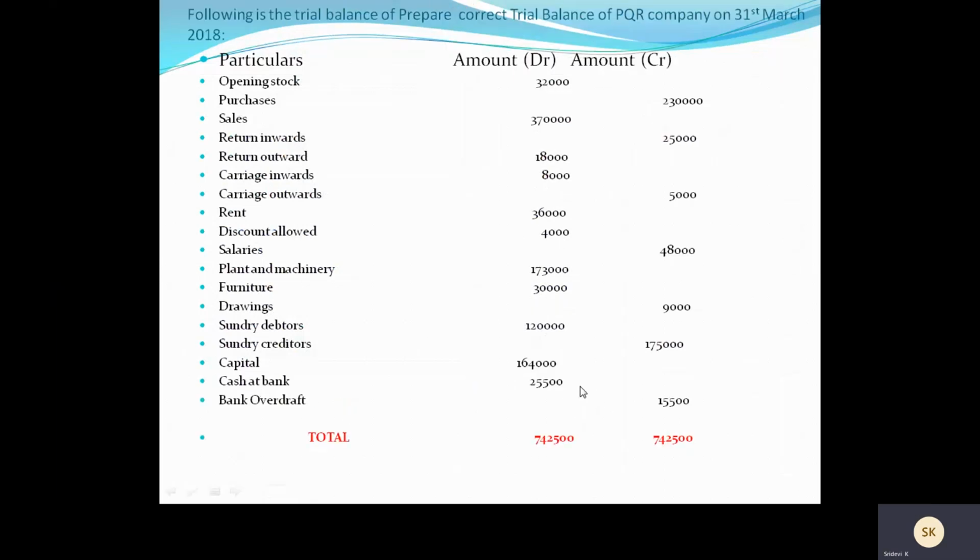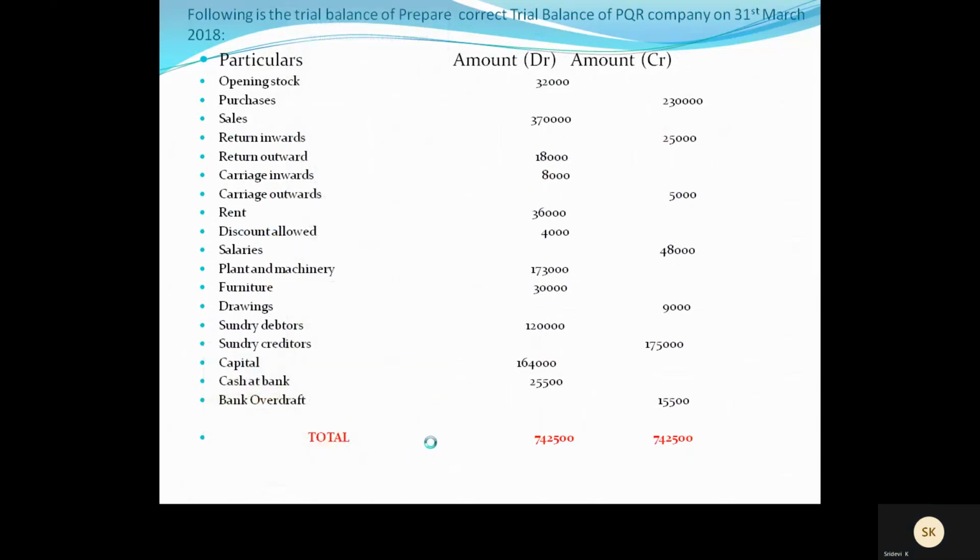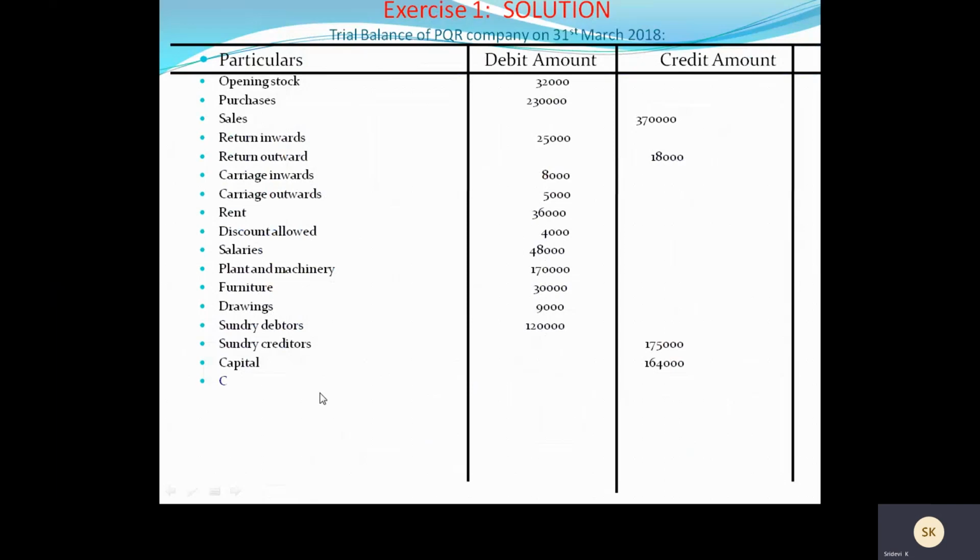Cash at bank is correctly given, and bank overdraft is also correctly given, but still we need to record them here. So everything that was given should be written again. But items 2, 3, 4, 5 were wrongly given, which we have adjusted to debit and credit, and we have shown the amounts in the proper columns. There only we have recorded them.